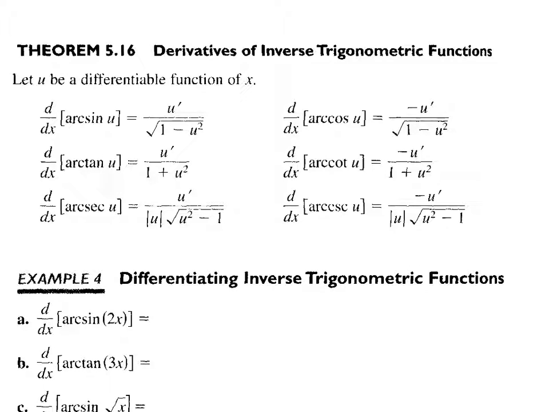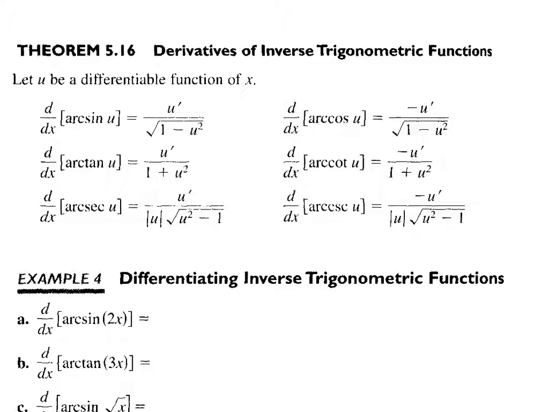Yeah, Harrison? For arc sine, why isn't that just u prime over 1 minus u? Because the square root of 1 is 1, and then the square root of u squared is u. Why not? Because it's not like individual. It's like when you do the Pythagorean theorem, you can't distribute the square root sign. The square root of a squared plus b squared isn't a plus b. Here it's subtraction, but the same idea applies. Okay,